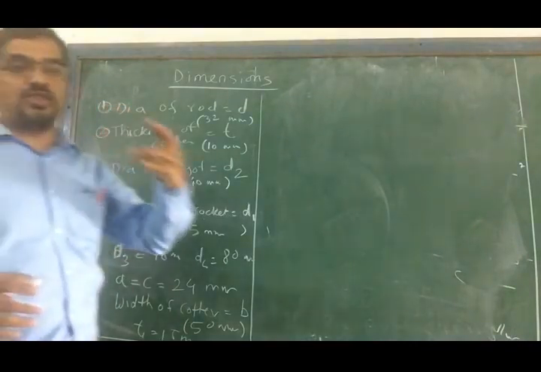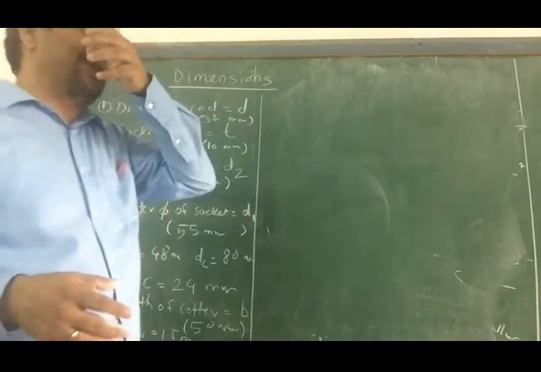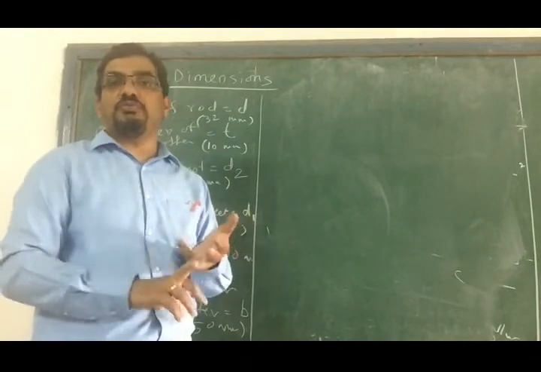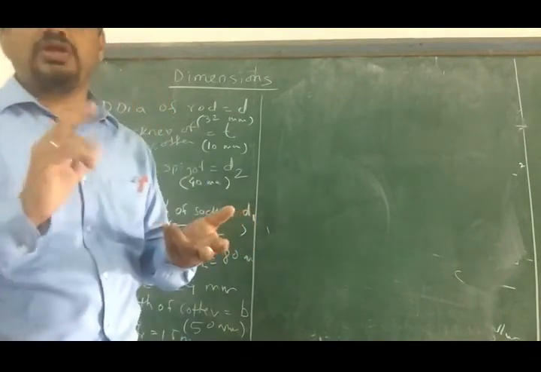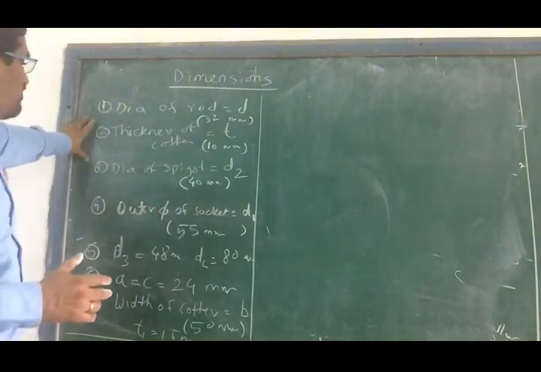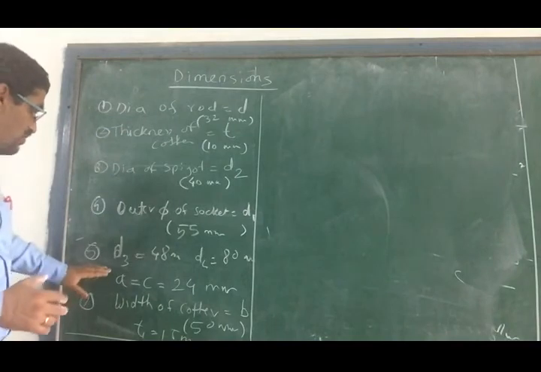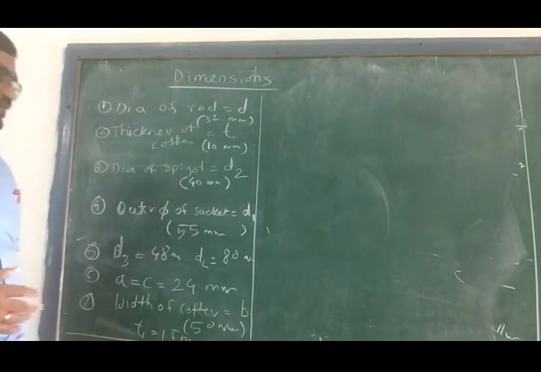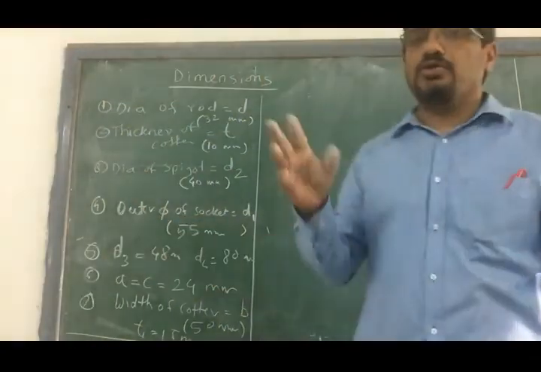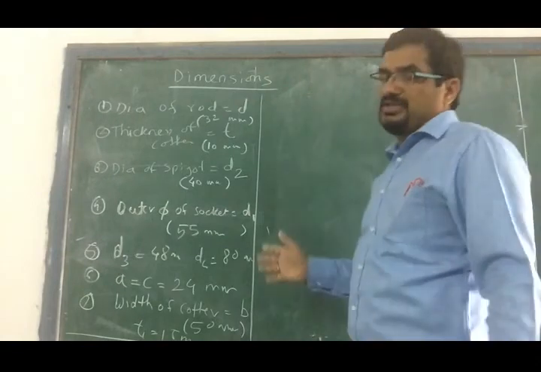You need to understand there is a socket, a spigot, and a cotter in between, how the cotter will fail, and the different stresses in your cotter, your spigot, and your socket. Using those stresses, sometimes some part will be given and you will be asked to calculate the diameter D, or sometimes to calculate B, the width of the cotter. You may be asked to do many things depending on the kind of problem. But this is the procedure for the design of the cotter.